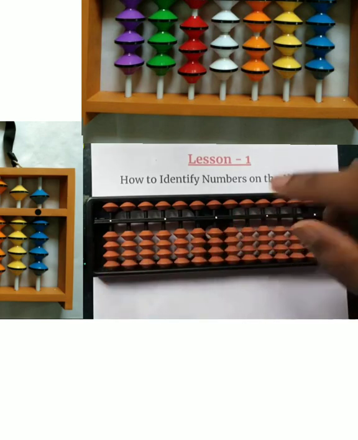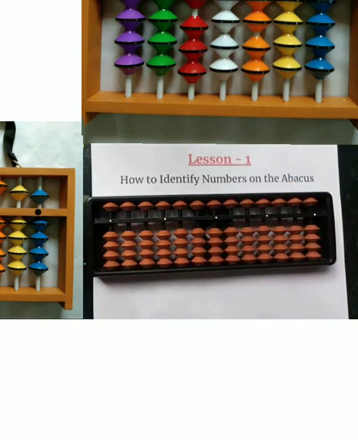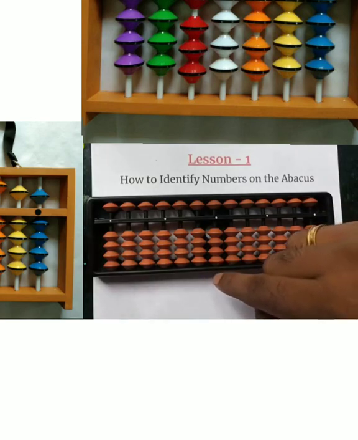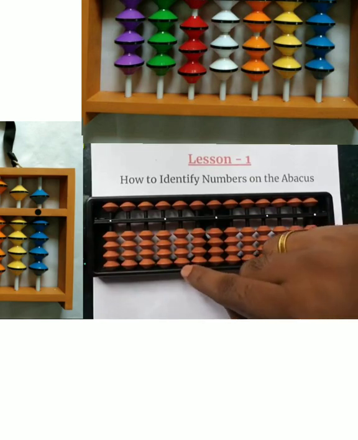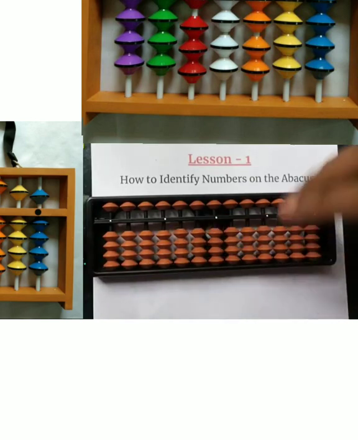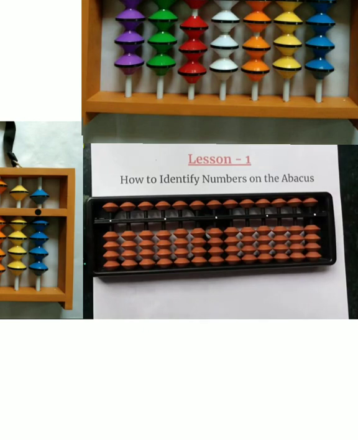So whenever we are dealing with numbers like 1 digit or 2 digit or up to 3 digit numbers, we will be dealing with these 3 rods primarily: units place, tens place, and hundreds place. So other rods are not required much in the initial stages of the abacus class. The other rods are mainly required when we are dealing with very large numbers or when we are doing division on the abacus. That is at a later stage when the student is already very friendly with the abacus.